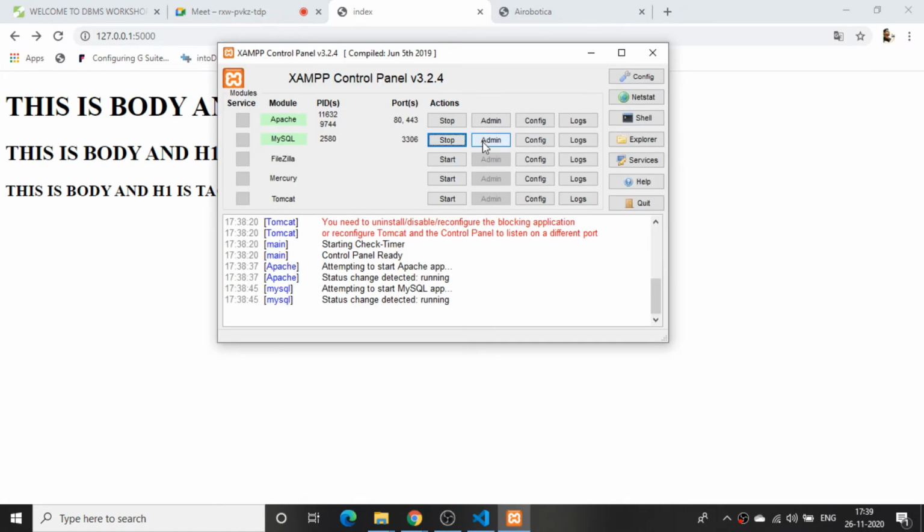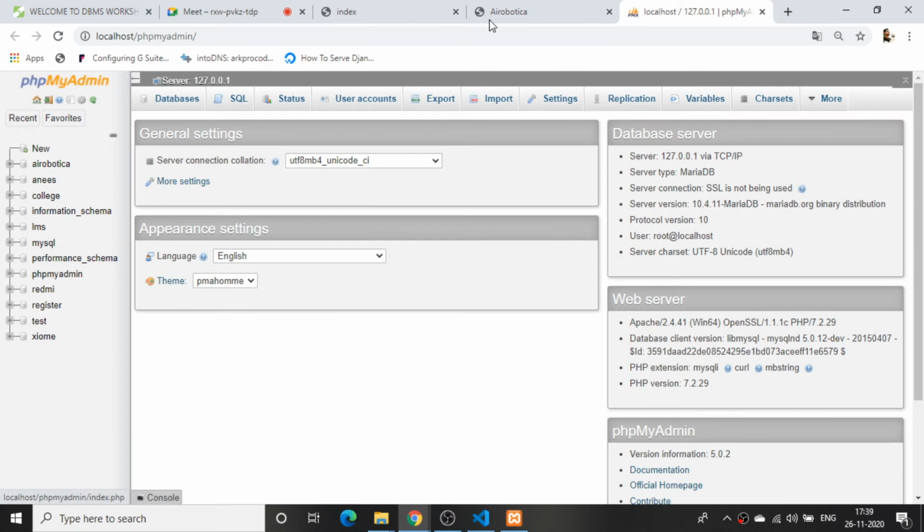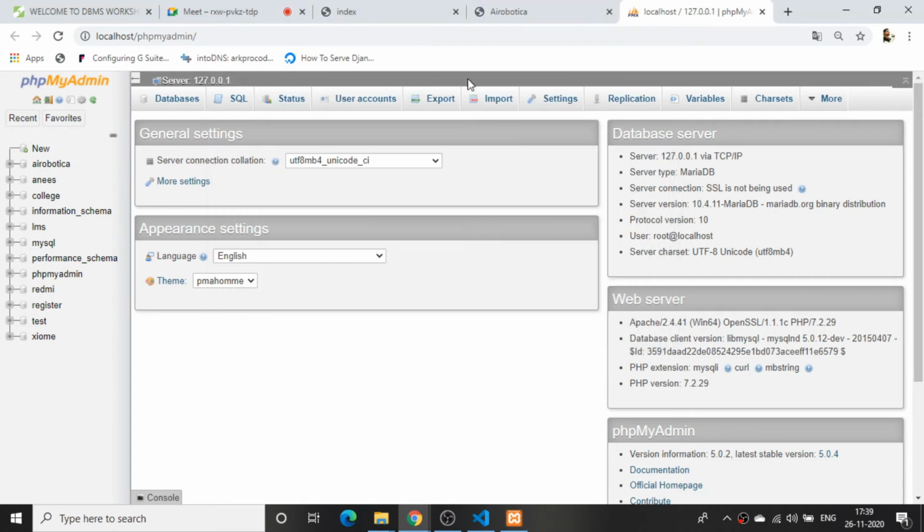Next I'll click on this admin. This is MySQL, see where I am opening. If I click on the admin, automatically it will give the localhost phpMyAdmin. You can see I am getting this type of GUI. These are all the databases which I have created. In your case also you will be getting like this. Just click on the XAMPP, start the servers and click on the admin panel. You will be getting this localhost phpMyAdmin page. I'll bookmark this particular localhost.